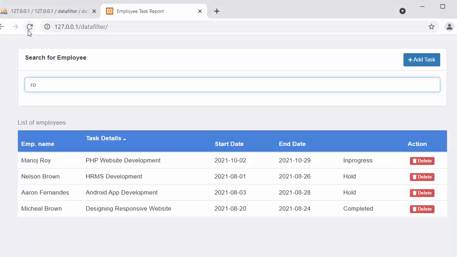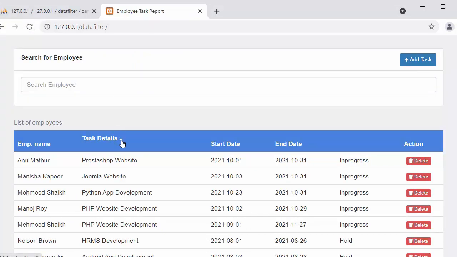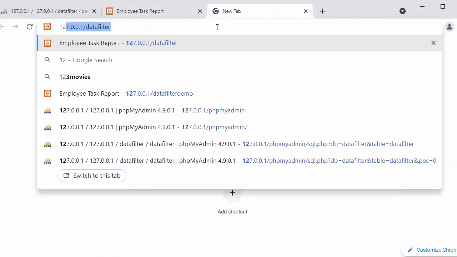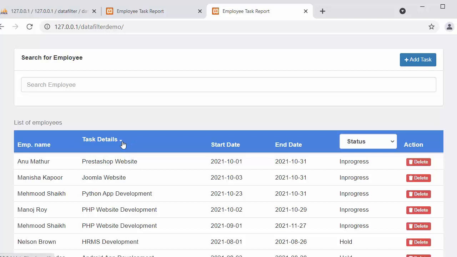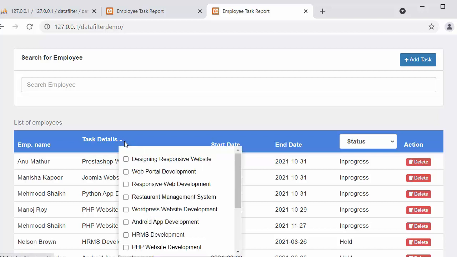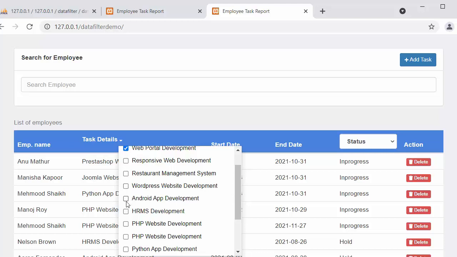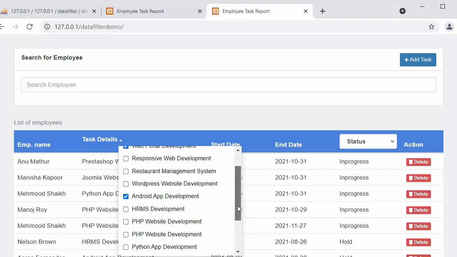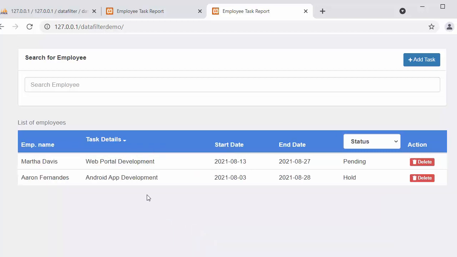Okay, so I hope you guys have understood how we can develop this kind of functionality, and in our next video we will discuss filtering the records based on the task details. Okay, so now let me just show you that here. Okay, now if I want to filter the records based on the task, I will check any of the tasks, or I will select any two of the tasks, and when I click on apply, then you can see those records get fetched out from the MySQL table and start displaying inside this table. Okay, so this will be covered in our next video.